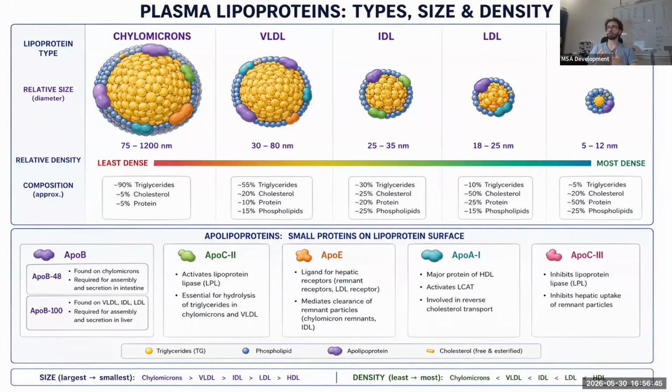What is reverse cholesterol transport? As you guys know, most of these lipoproteins, you're going to find out, their function is taking cholesterol from the liver to the tissues of the body. This is bad. They are just depositing the cholesterol everywhere. But HDL is the only one that does reverse cholesterol transport. It takes the cholesterol from the tissues back to the liver. It cleans your blood, basically. I hope this slide is clear.